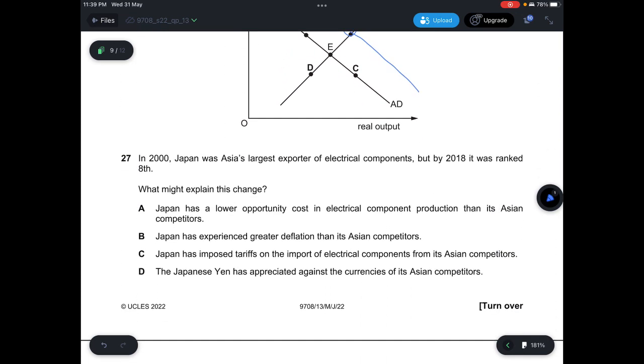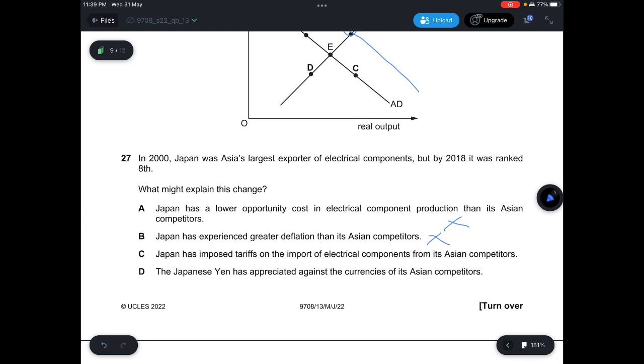In question 27, in 2000, Japan was Asia's largest exporter of electrical components, but by 2018 it was ranked 8th. What might explain this change? A says Japan has a lower opportunity cost in electrical component production, which is not correct. B says Japan has experienced greater deflation. If it experienced greater deflation, AD will increase, so it's not correct. C says Japan has imposed tariffs on the import of electrical components from its Asian competitors,